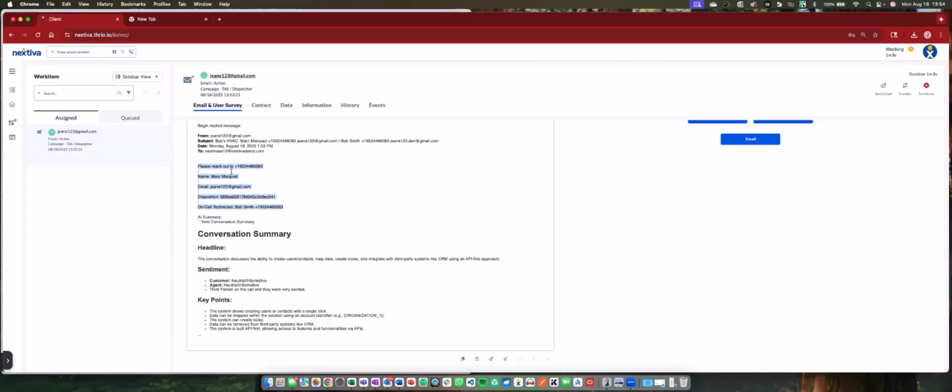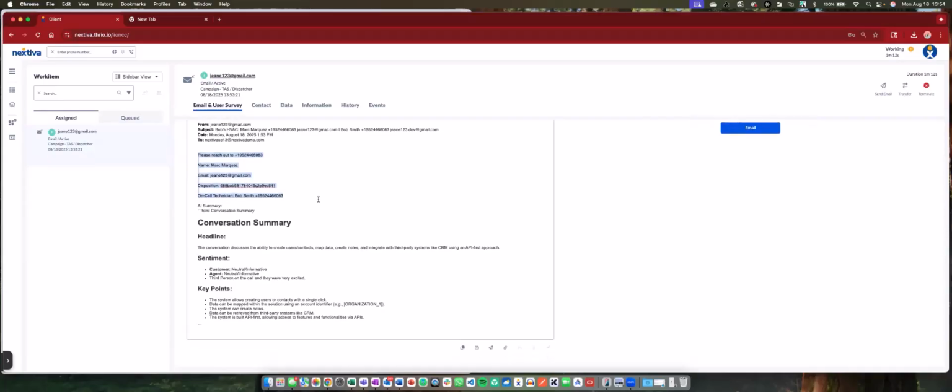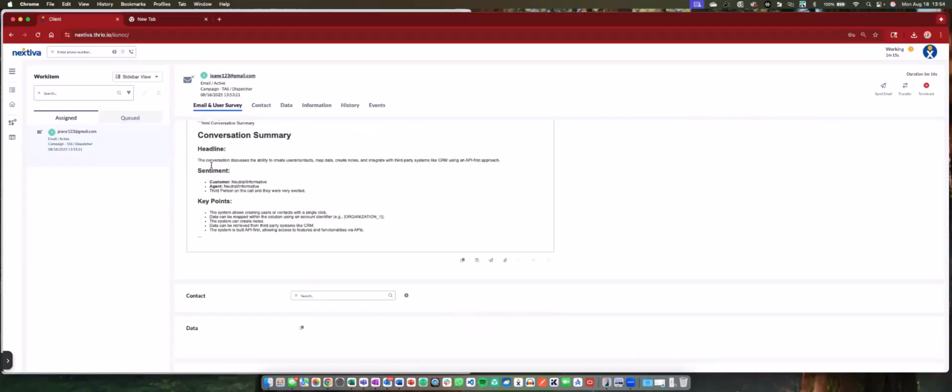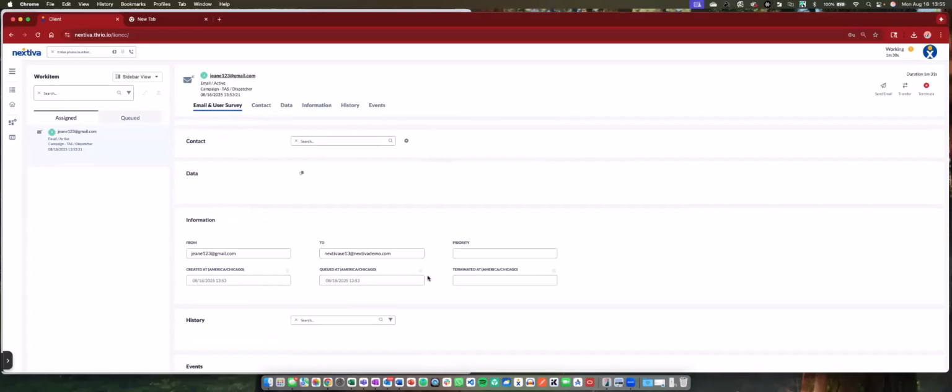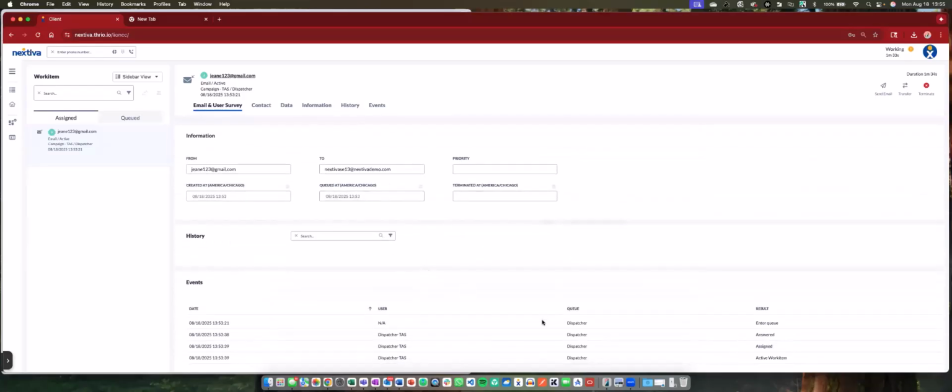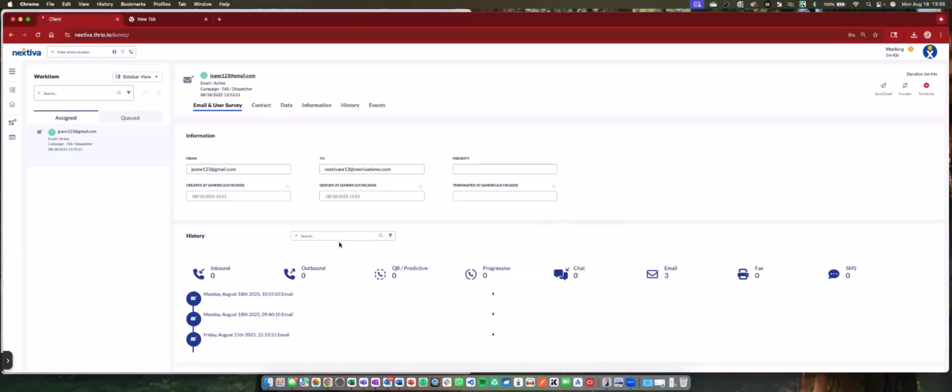It'll say, reach out to Mark Marquez. This is what the disposition codes are. And I'm going to put that conversation history. Now, what I want to point out here is, remember, we added to it. That information is going to come right with that, and the redaction will still be in place. I also have the ability to see what this interaction went through, and I can even go ahead and see what the history of this interaction or this person was.